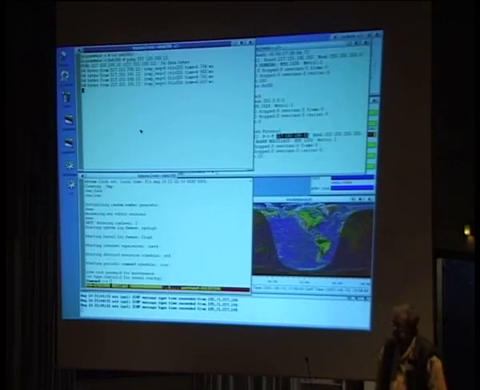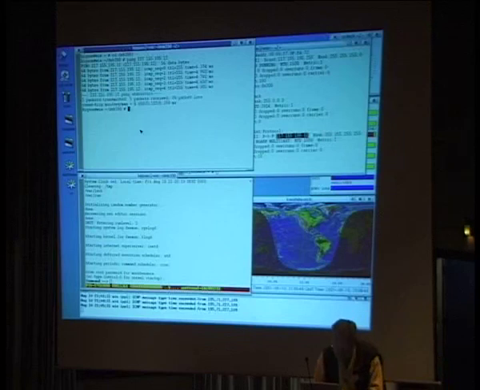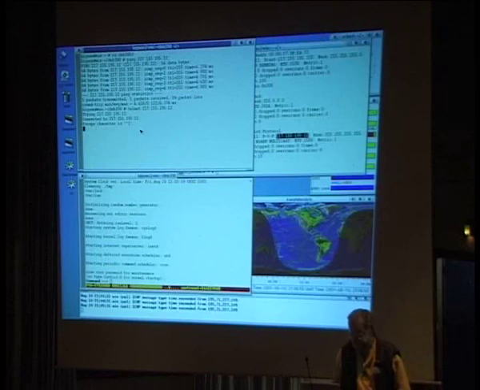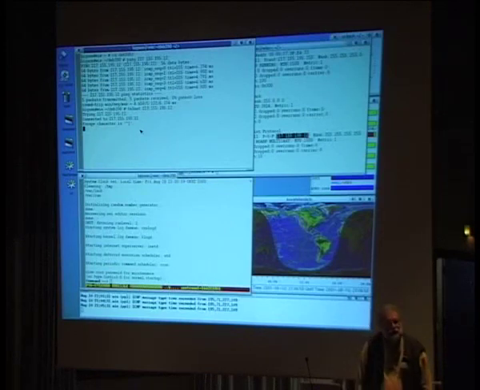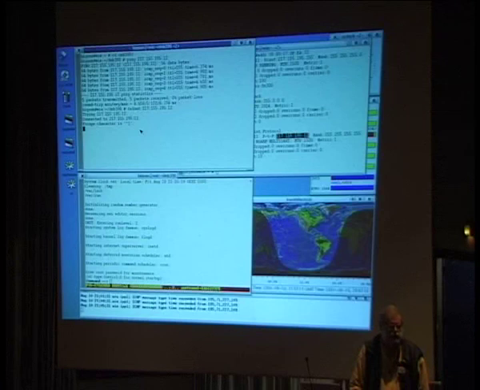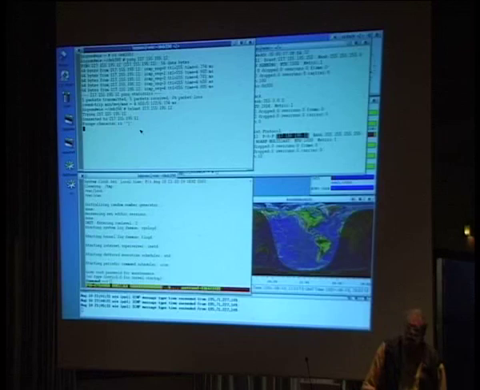Fantastic. Therefore, I should be able to telnet to the other side. This works most of the time. It's not the fastest of all systems, but that's only because I'm sitting here on a 230 some odd megahertz machine. At work, I happen to have a dual Pentium box, which is running dual 800s. It's got 512 meg of memory. It's got lots and lots of SCSI disks, and it will compile a kernel in under a day,